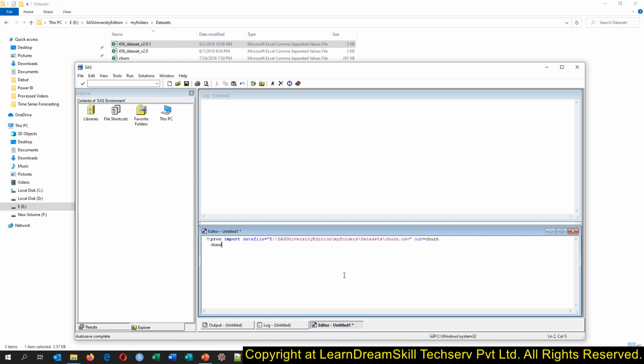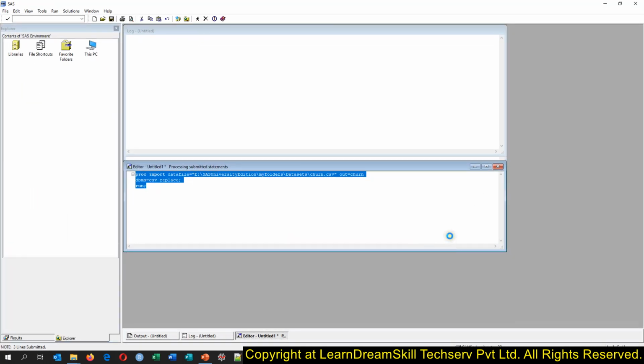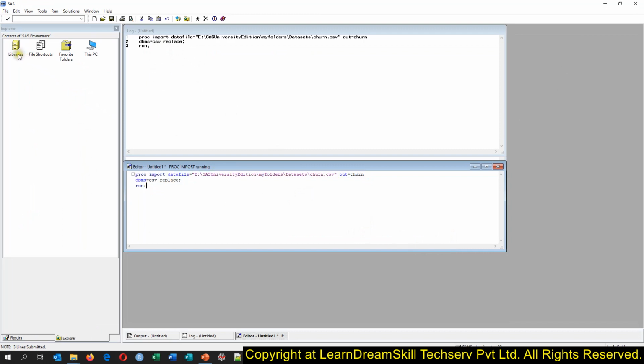Then I'll say dbms equals csv and replace, then run, select this and press F3. So the code will run. See, the code is running and it has imported the file.